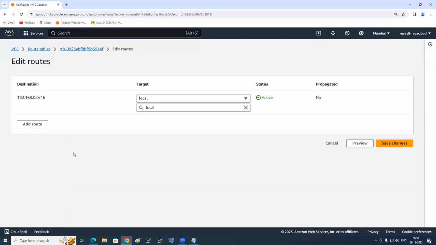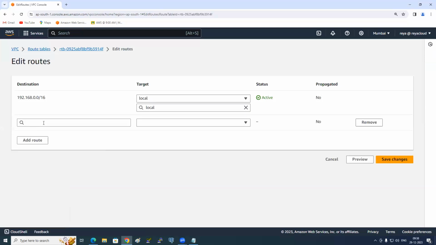Edit routes. Add route. Which traffic? All traffic, meaning